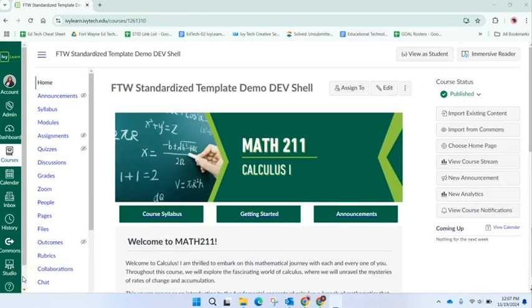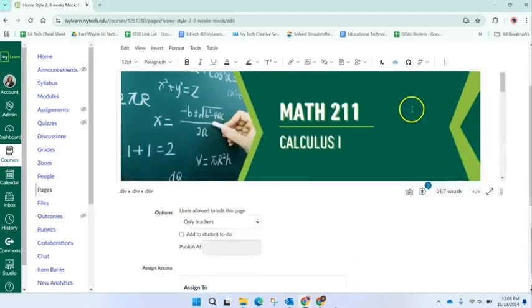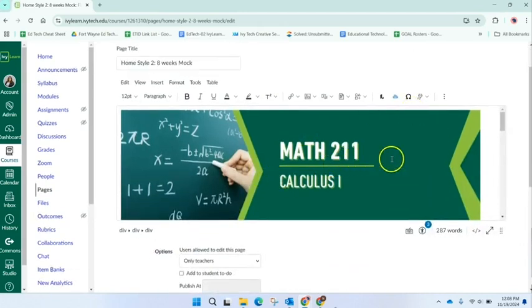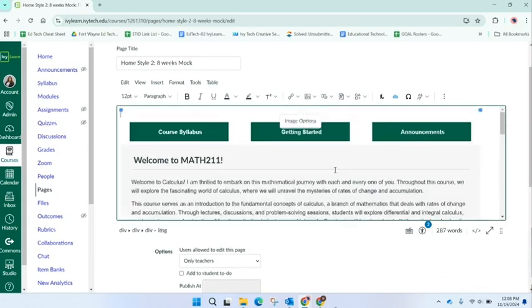Now that we have taken a tour of the home page, let's get into how you can personalize it and edit it. So to edit, you will simply click on the edit button. From here, if you want to add a new banner, we will use the Rich Content Editor. We will highlight the banner that you don't want, delete it by clicking the backspace,